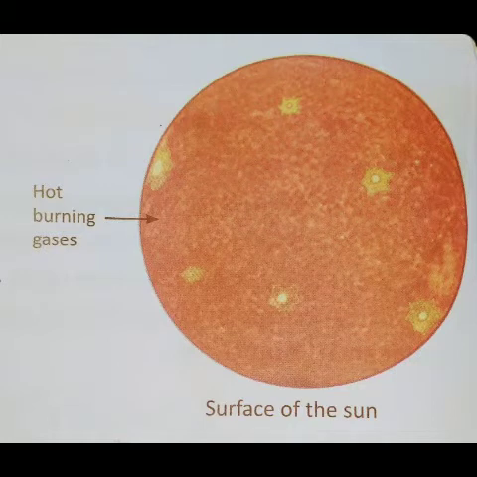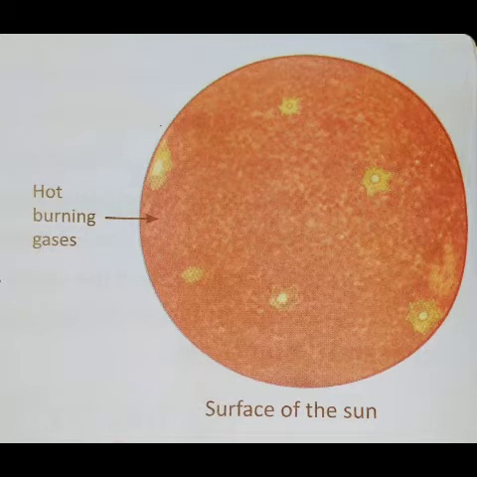Solar energy is the most important source of energy for man. The solar energy comes from the sun. It is the main source of energy. It is almost inexhaustible. What is the meaning of the term inexhaustible? Inexhaustible means something that will never finish or get completely used up. Understand?